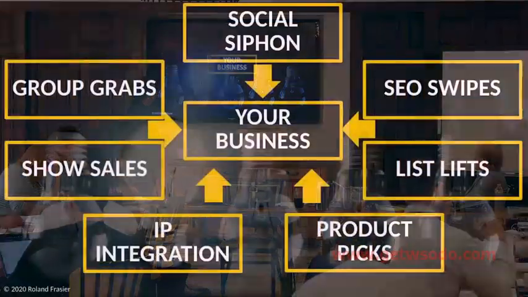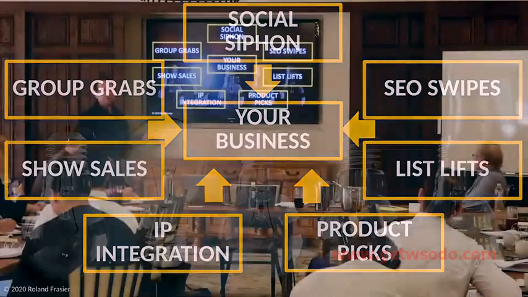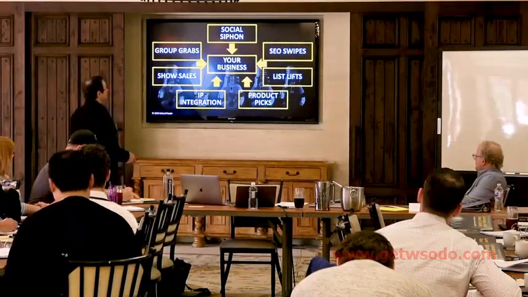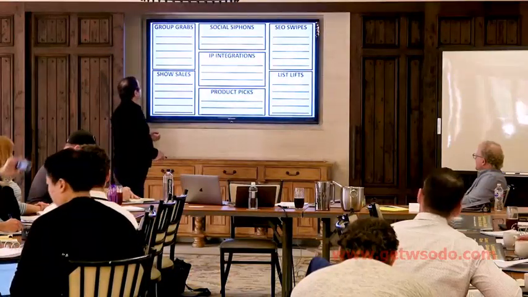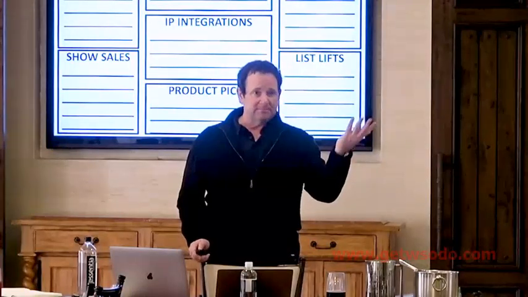So I call it $0 traffic, and this is going to include groups, social, SEO sites, other people's lists, other people's product listings, like on Amazon. Could be Etsy products, could be whole accounts, like an Alibaba account, and intellectual property and shows. And so breaking these down, what would be some types of groups that you might be able to buy? Facebook group, right? What else?